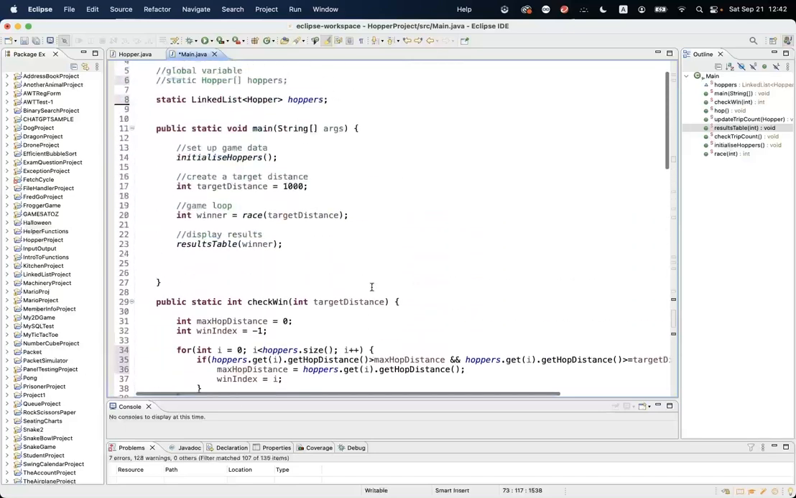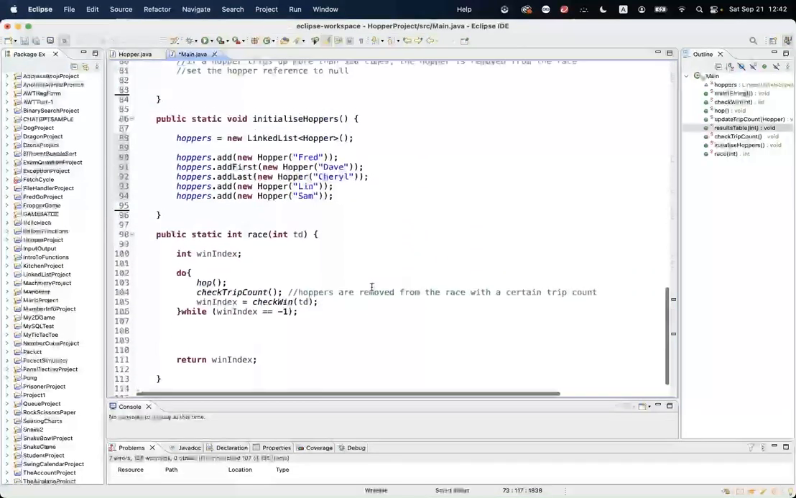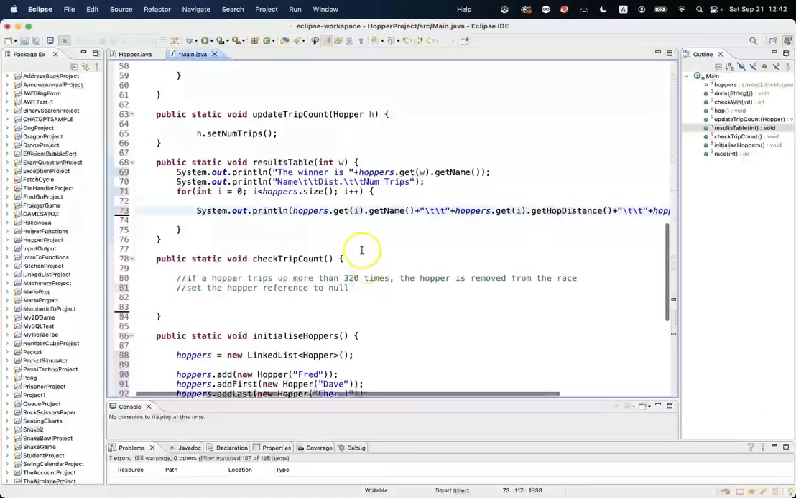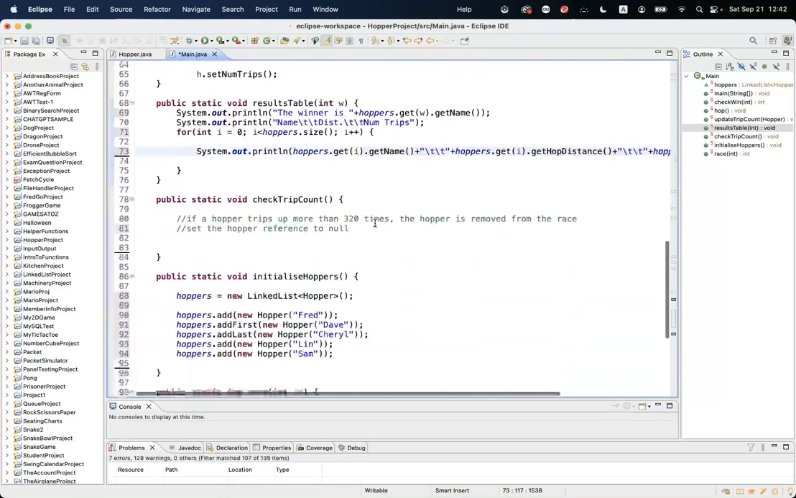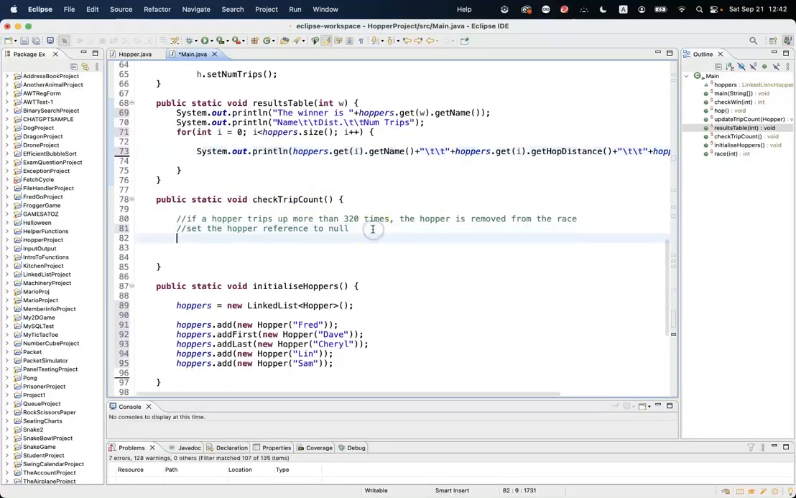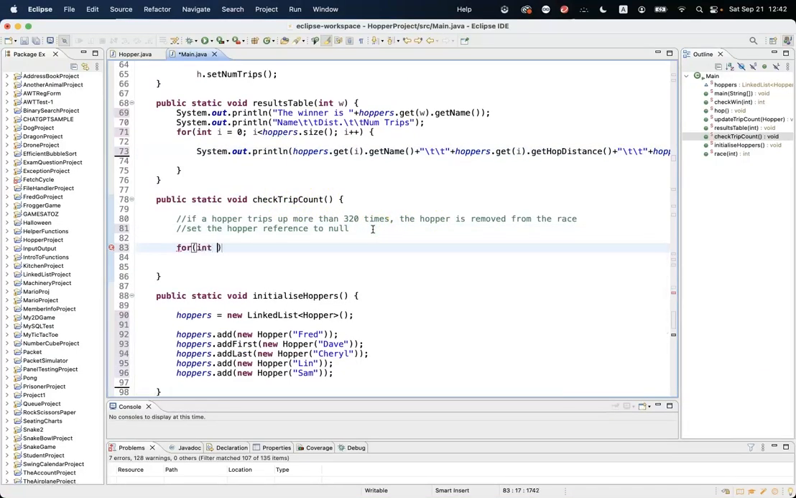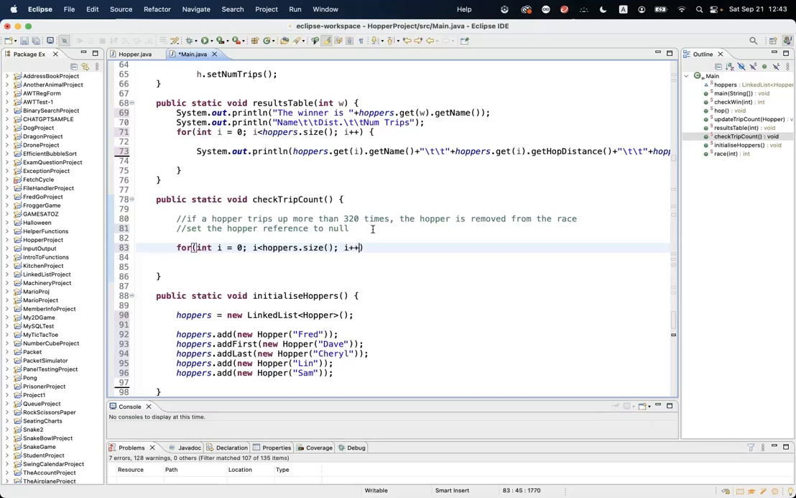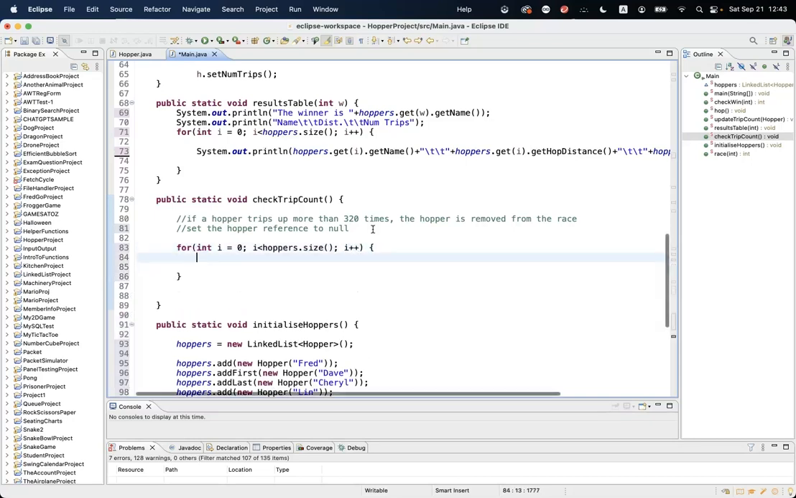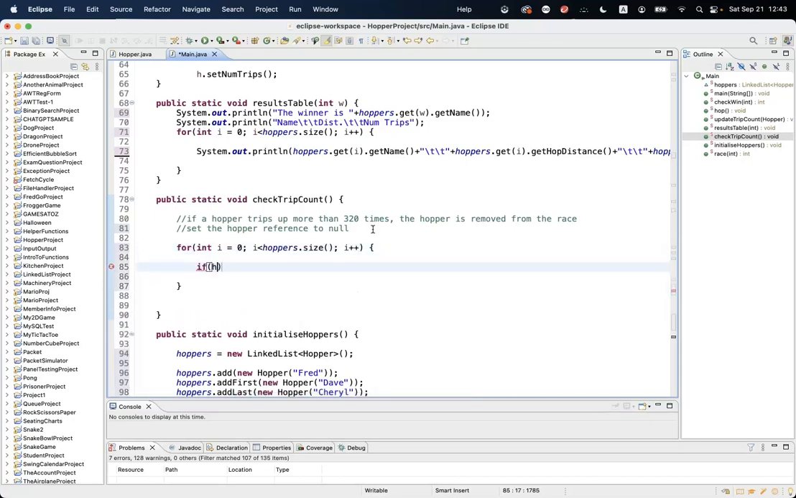And now finally we want to go to the results table. Where is the results table? That's what we've just finished. Okay, we're done. Now then, let's turn our attention to the trip count. We need to remove a hopper from the race. So let's do that. For int i equals 0, i is less than hoppers.size, i++. We're going to loop through the list. If hoppers